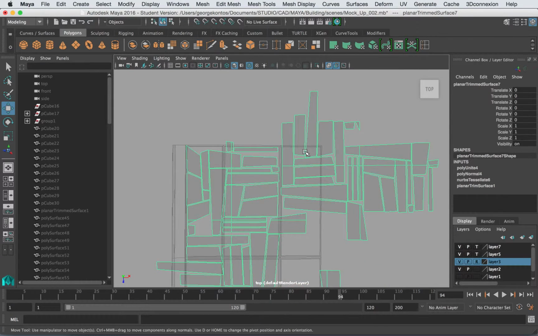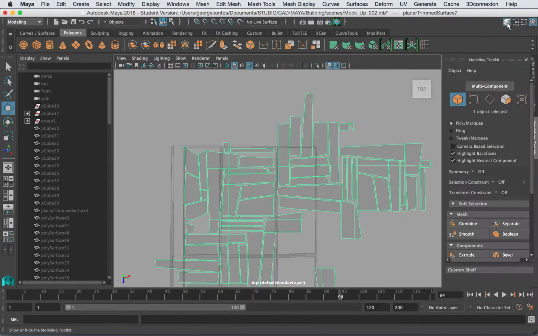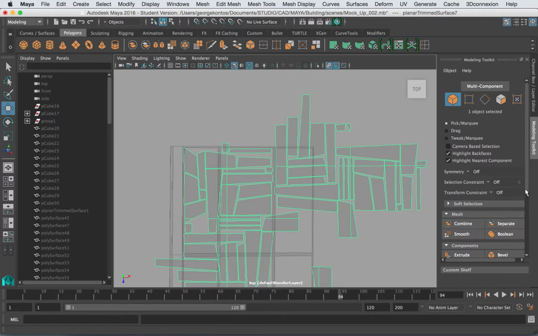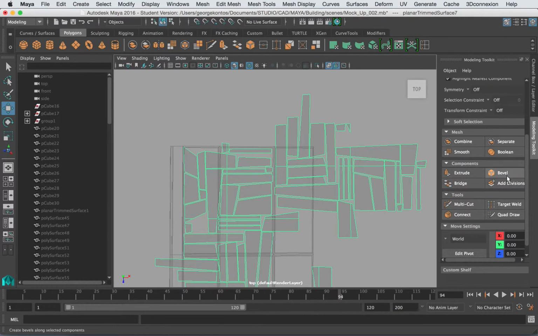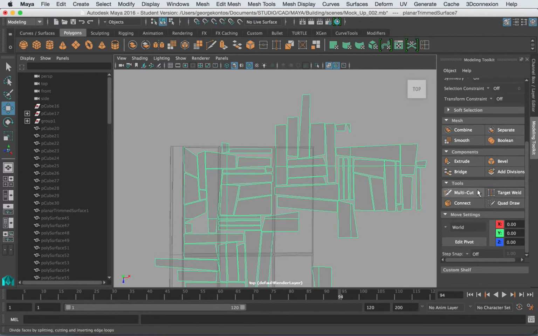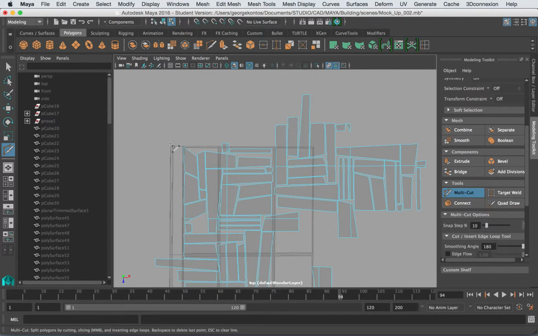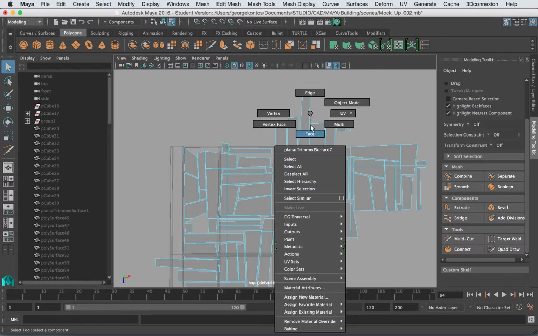Then I'm going to go ahead and select the multi-cut tool, which is over here at the modeling toolkit, and go over here, click, hold the shift key and cut. Select the faces that we don't need,